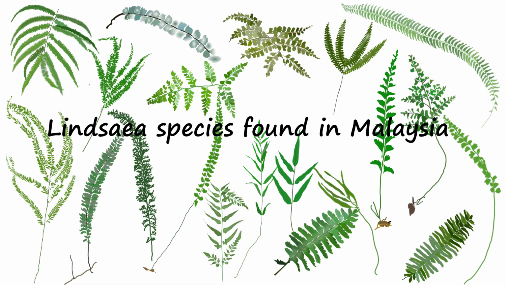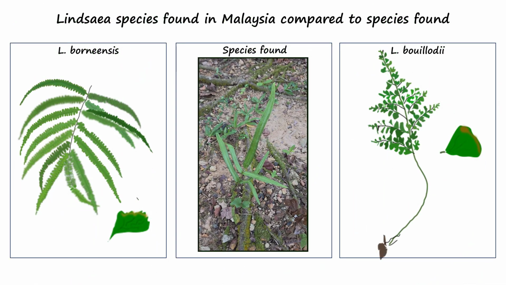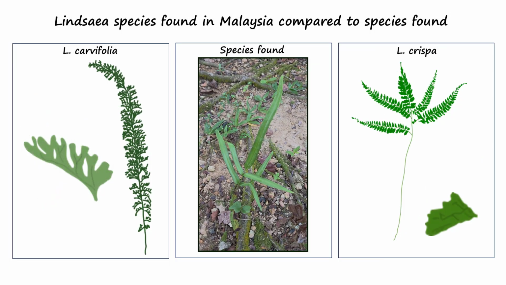The genus Lindsaea is incredibly diverse, as seen in the 29 or so species recorded in Malaysia by Paris and Latif in 1997. Most Malaysian Lindsaea species have ultimate frond segments that are dimidiate, flabellate, or cuneate. Think asymmetrical, fan-shaped, or wedge-shaped. Among the species with such pinnae, which are distinctly different from the sample, are Lindsaea bornensis, Lindsaea boylei, Lindsaea cavifolia,